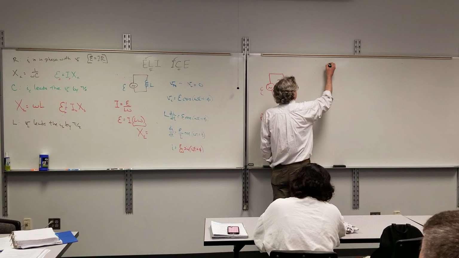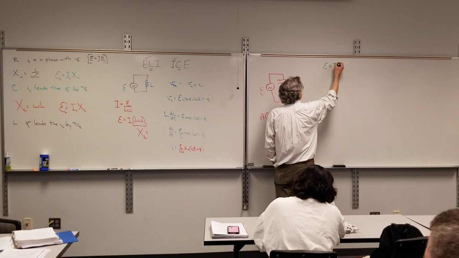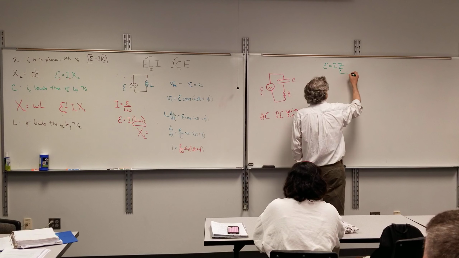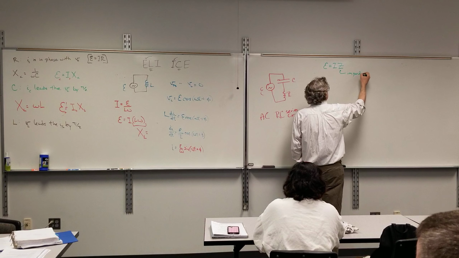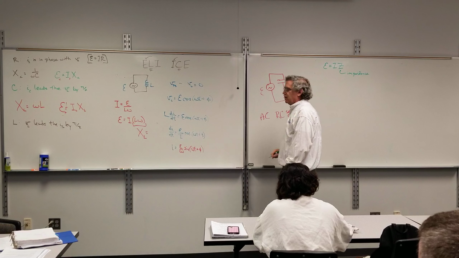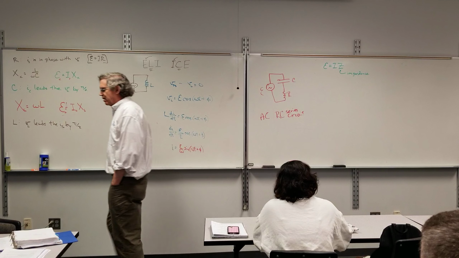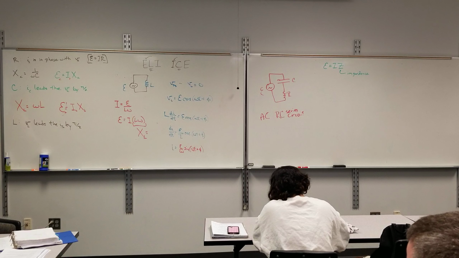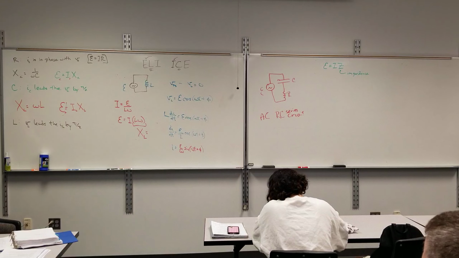And it's that epsilon equals IZ. The Z here is impedance. Now, if you're looking at a textbook very quickly, you will see formulas for impedance. But I warn you, there's no set